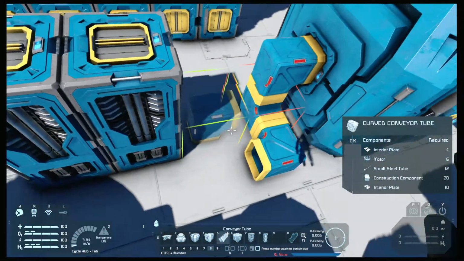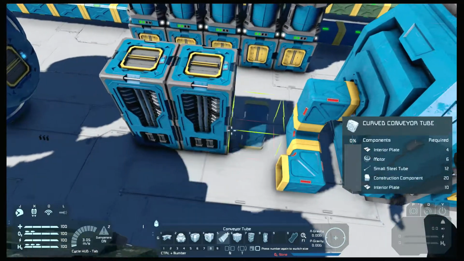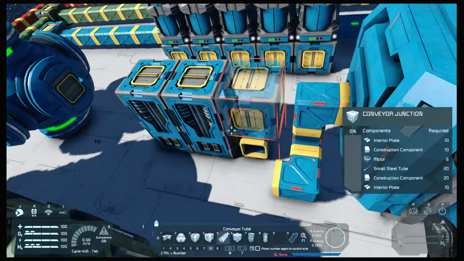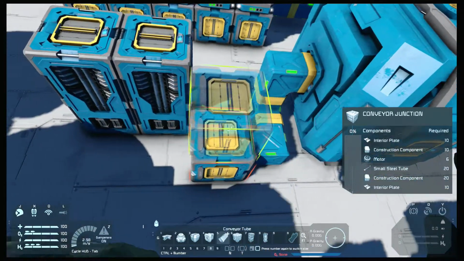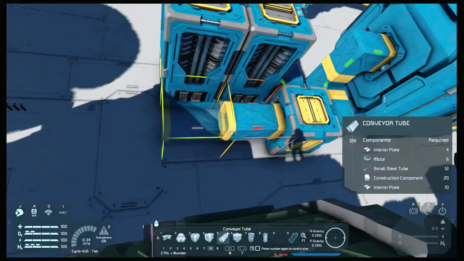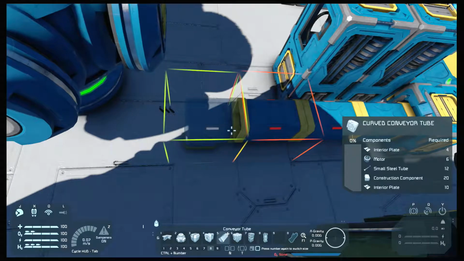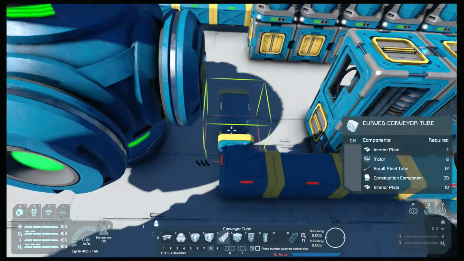Alright, now I want to, yeah, we'll go ahead and connect on here, which means we'll put a conveyor here, which will let us connect and then back out, and we will do